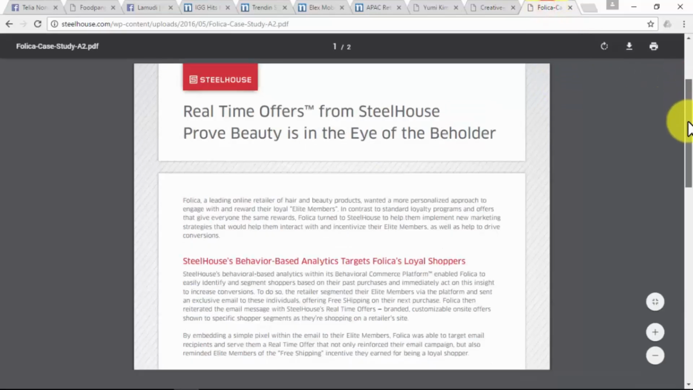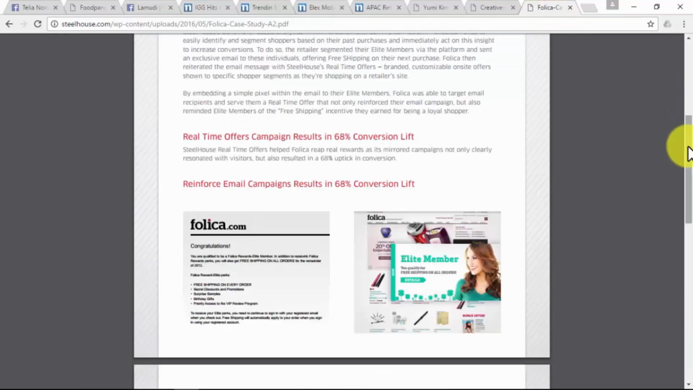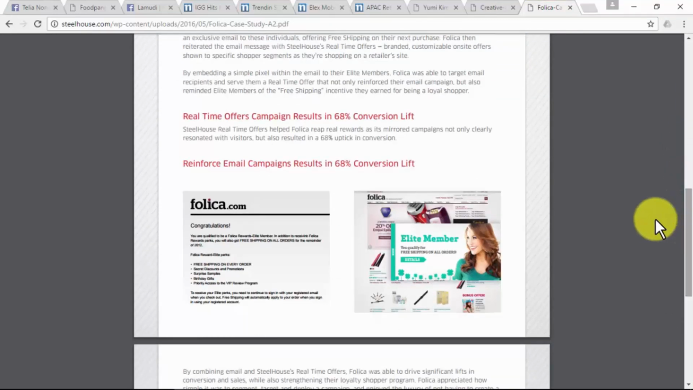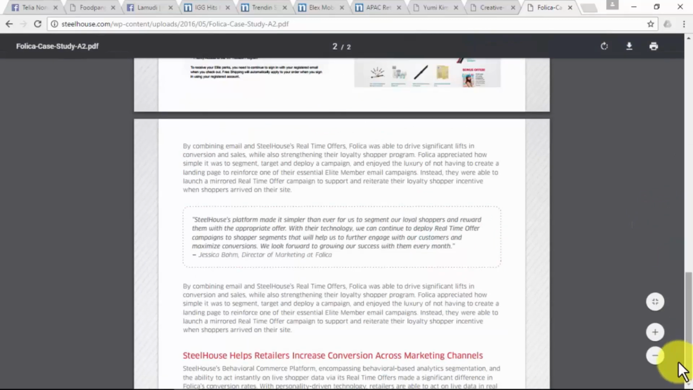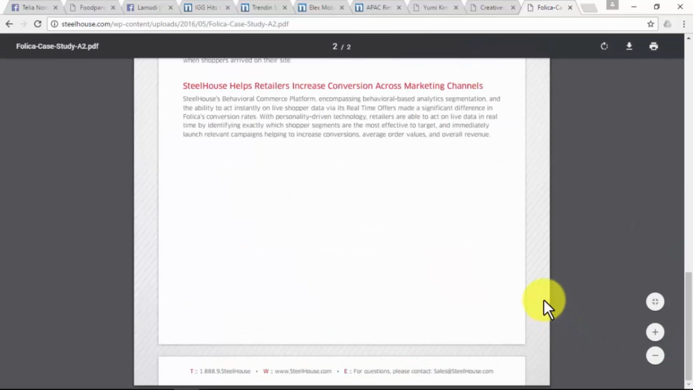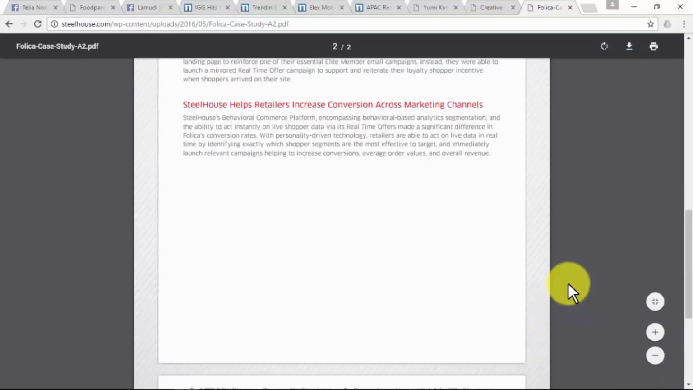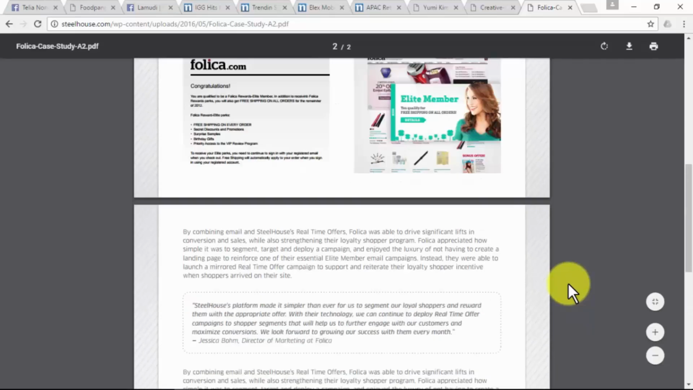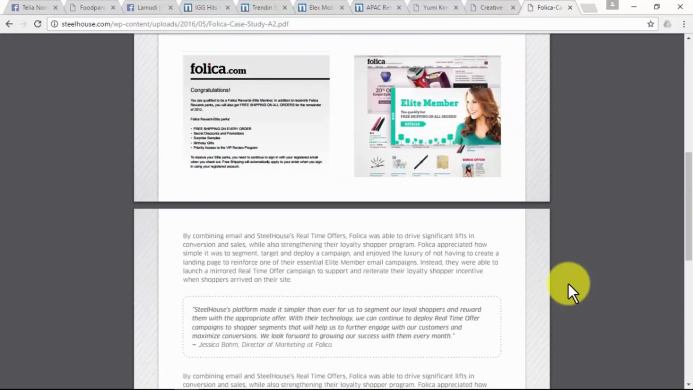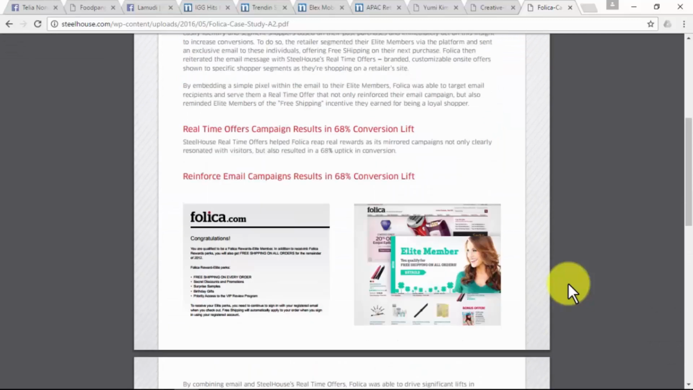Folica. Folica is an online retailer of hair and beauty products. Folica turned to Steelhouse to help them implement new marketing strategies that would help them interact with and incentivize their elite members, as well as to help drive conversions. Steelhouse's analytics helped Folica identify and segment shoppers, and immediately acted to increase conversions by adding a simple pixel to the email of elite members with an offer of free shipping on their next purchase. Results: the real-time offers campaign resulted in a 68% conversion